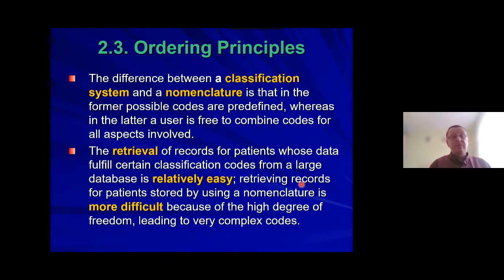Diagnosis, symptom, patient name, or so. In contrast, retrieving records for patients stored by using nomenclature is much more difficult because of the high degree of freedom, leading to very complex codes. So in this case, we could have not a single key value, but we will need to create a complex structure